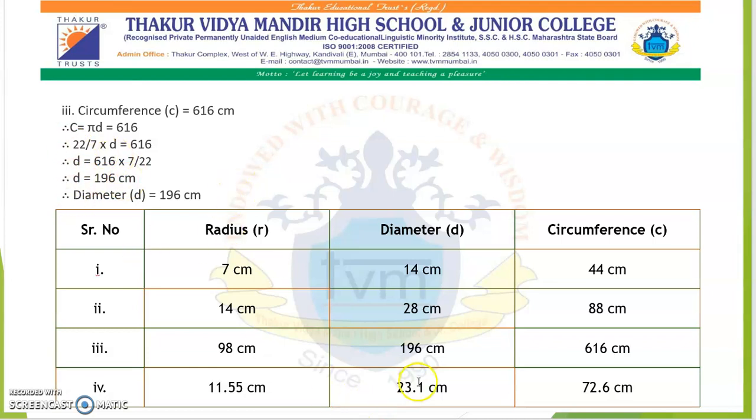See here, the diameter is given, 196. Now you have to find by your own how the radius we get, 98. So when you divide diameter by 2, we will get the radius, because we know that radius is half of diameter. So we will get 98. Same way, children, you have to calculate. The circumference is given already. You have to find out diameter and then you have to find out radius. Answers are given for you. You solve it and then tally your answers here.